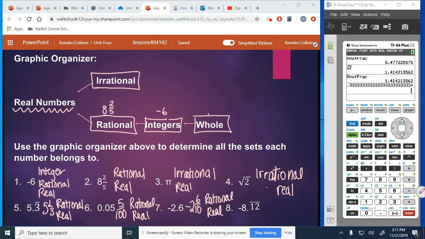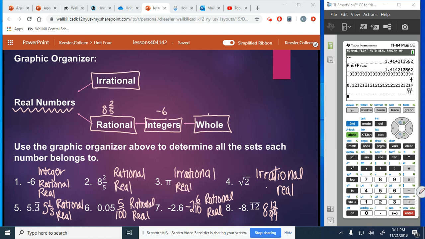And number 8 is repeating, so it should be rational, but again, we can check it. So it would be 8.1212121212121212. I'm going to go all the way through the screen and then press math fraction, see what happens. And it turns it into a fraction for me. I know that it's 8 and